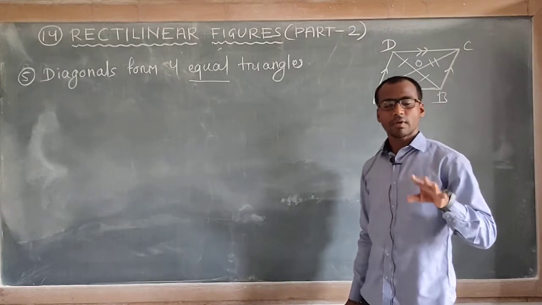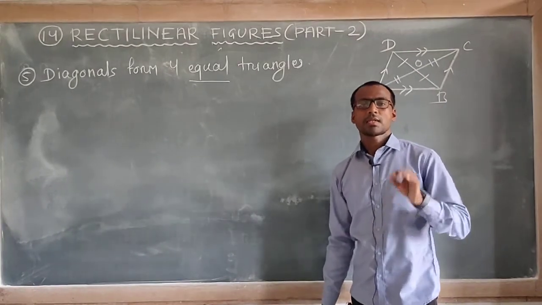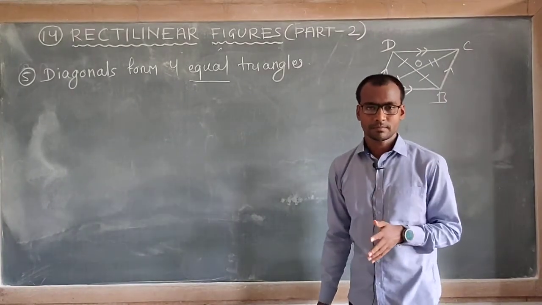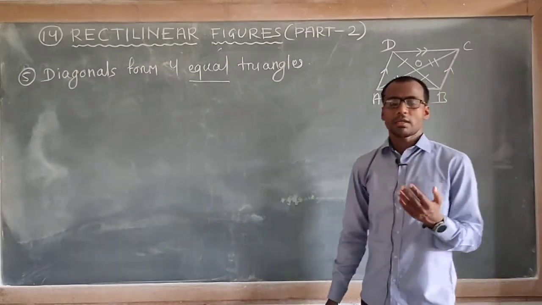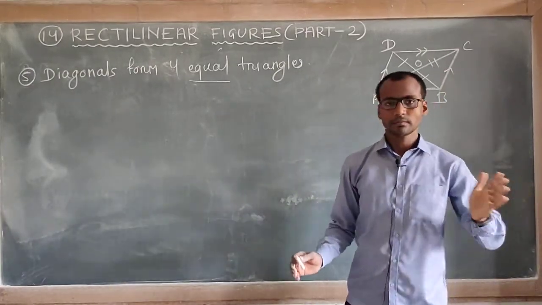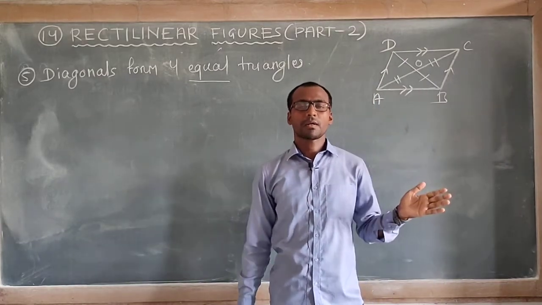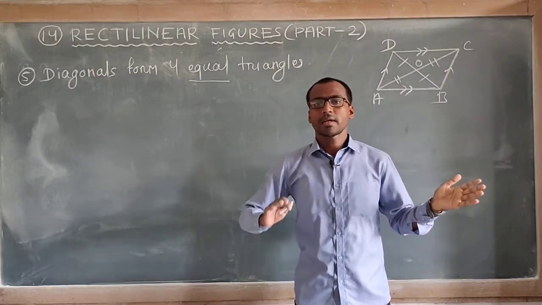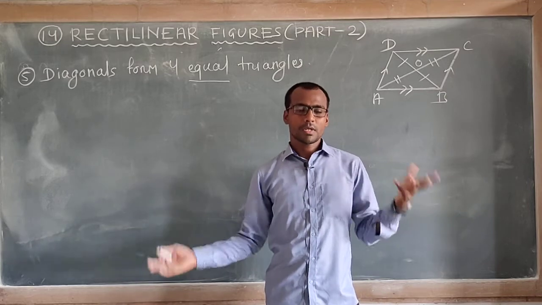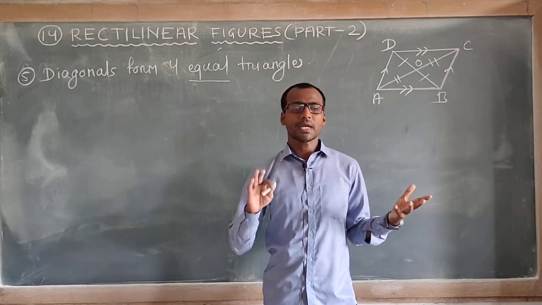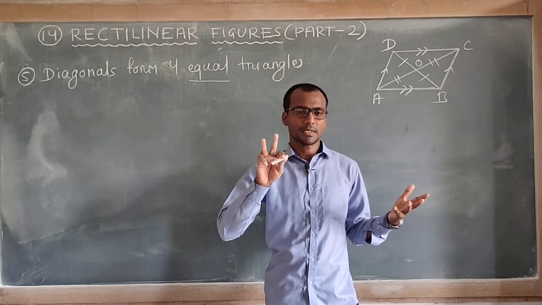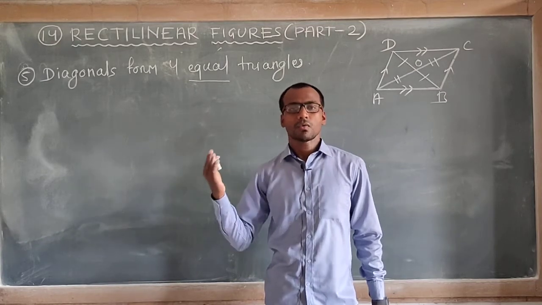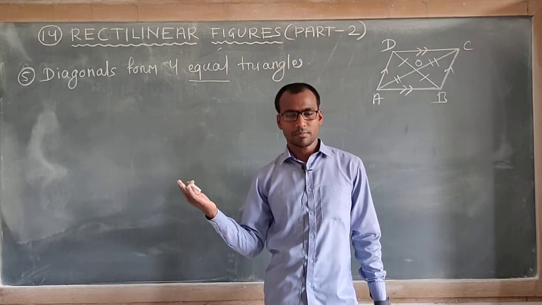Now equal means equal in area. The size is same, shape is not same. Means we cannot say that these 4 triangles are congruent to one another. Congruency is different. Congruent triangles are different and equal triangles are different. Congruent triangles means everything is same, shape and size both are same. I have told you already, in congruency you have to see 2 things, shape and size. And equal triangles means only size is same. Shape is not same.